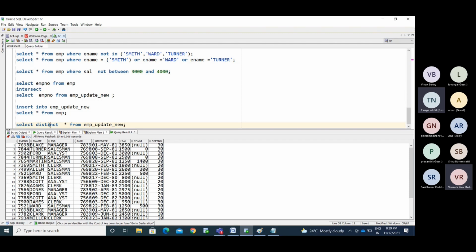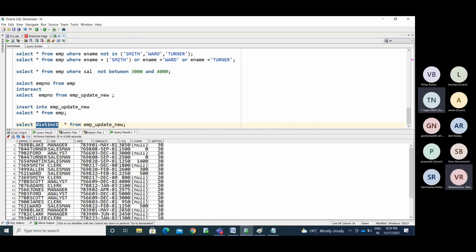So the distinct clause will help you display the distinct rows from the result set. If the table has 100 records, and out of that 50 are duplicates, if I use the distinct clause, you will get only 50 records.